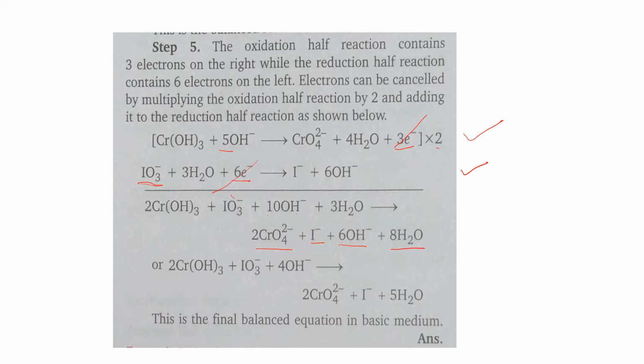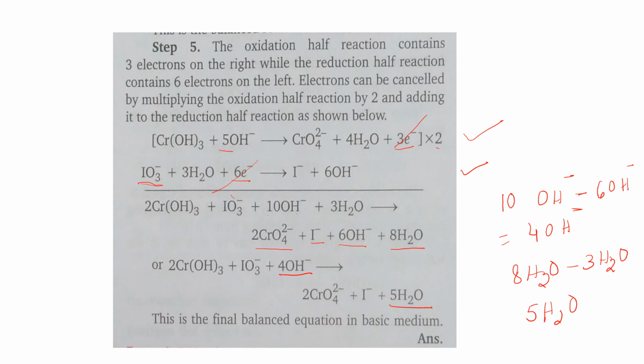So this is 10 OH minus, 10 OH minus, and from the right hand side 6 OH is coming in the left hand side, so it is equals to minus 6 OH minus. So total I am getting 4 OH minus. That is written here, 4 OH minus. And take the H2O in the right hand side. So in the right hand side we are having 8 H2O. With this 3 H2O is coming as subtraction, 3 H2O. So we are getting 5H2O. So this is 5H2O in the right hand side.